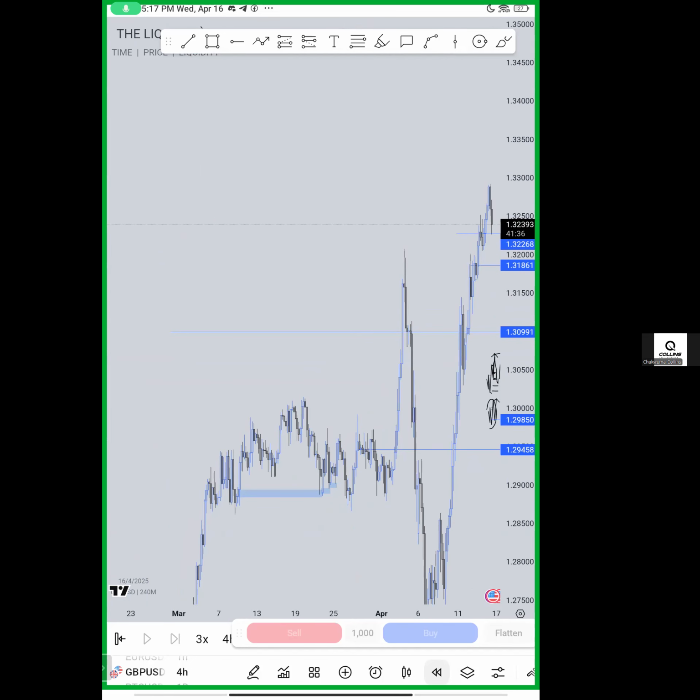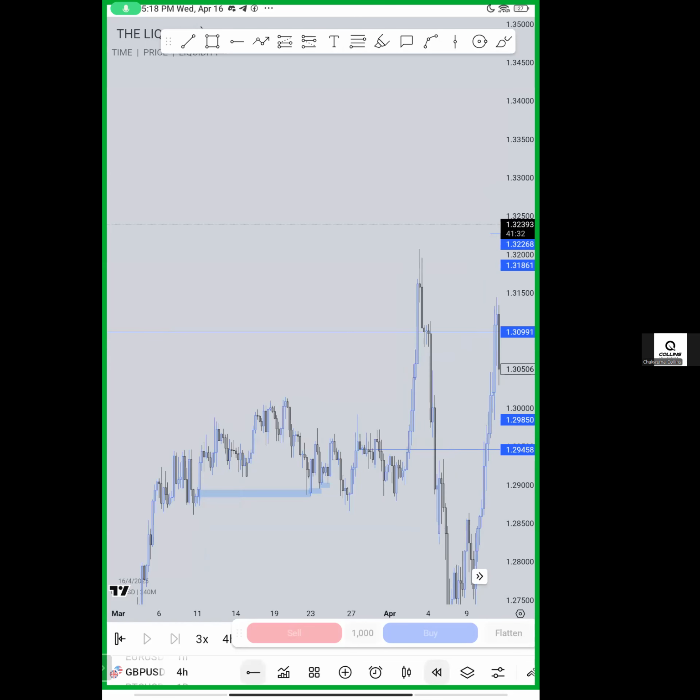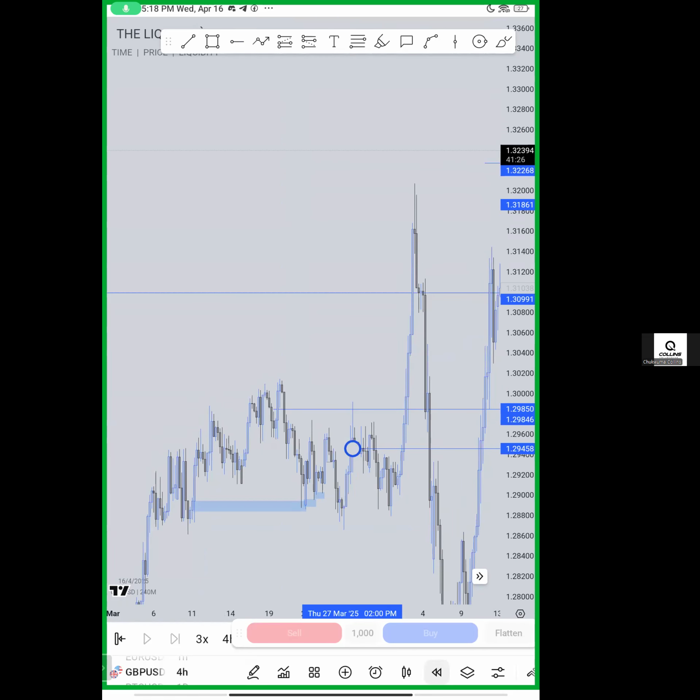Let's say we had an entry here. I'm just giving an example. We had an entry here, then price goes all the way down. It didn't take out the external liquidity, which is supposed to be this low. The cause is